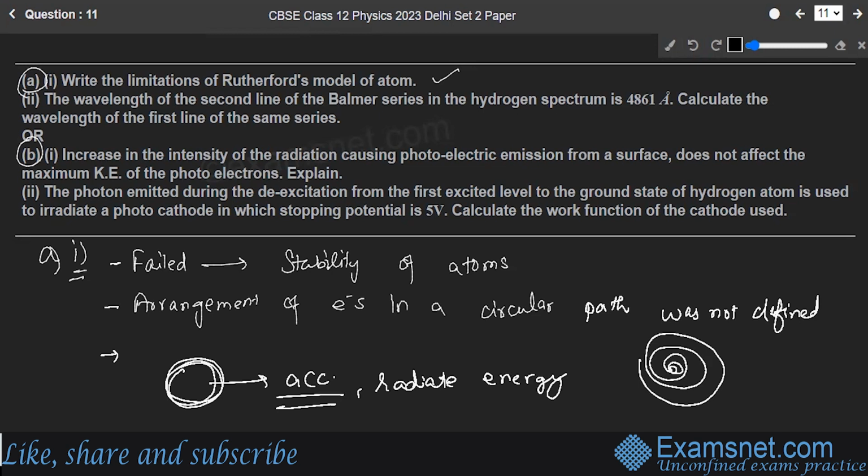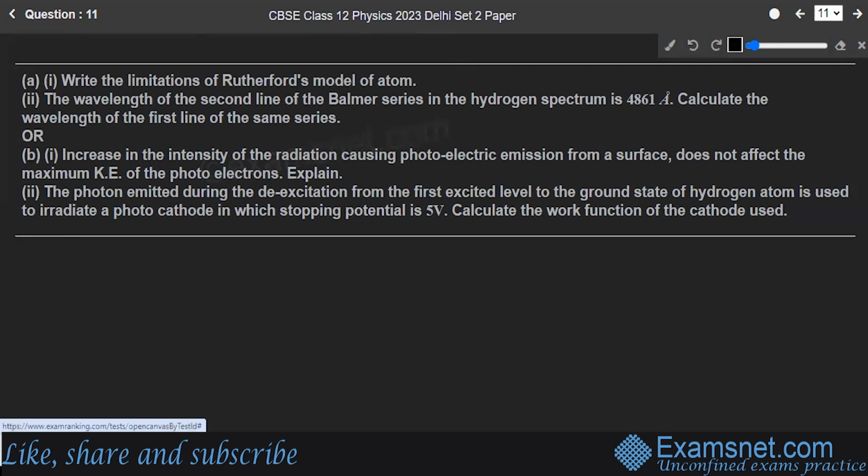Now, the second part. This was the A part, limitations of the Rutherford model. So the second one: the wavelength of the second line of the Balmer series in the hydrogen spectrum is 4861 angstrom. Calculate the wavelength of the first line of the same series. For the first line, I'm going to erase this. A question, second part. So for the first line in the Balmer series, you have 1 upon lambda is equal to